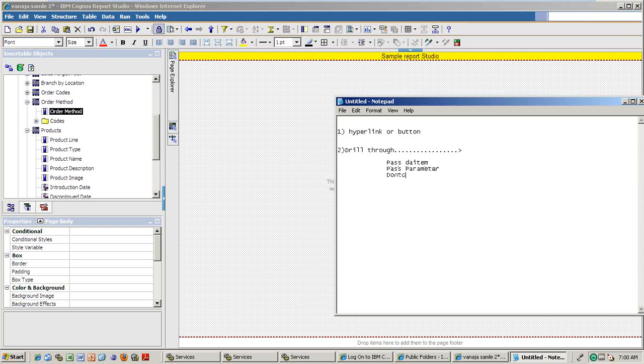Very, very important for your interviews: how many types and how they work. So pass data item, pass parameter, do not pass any parameter.